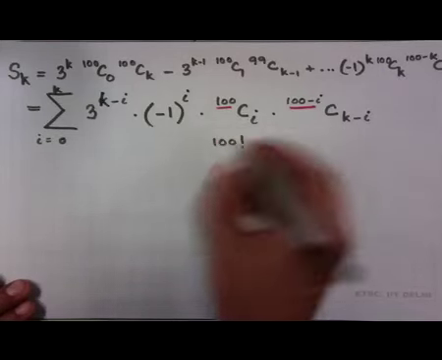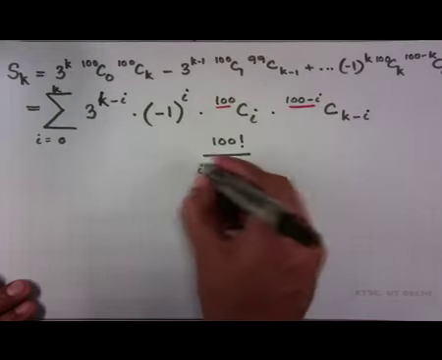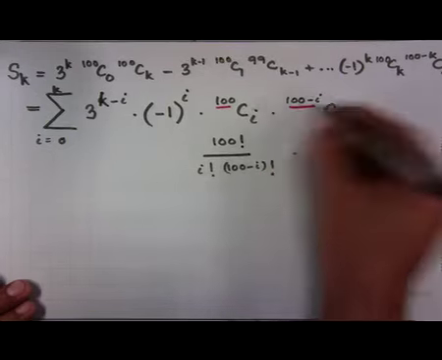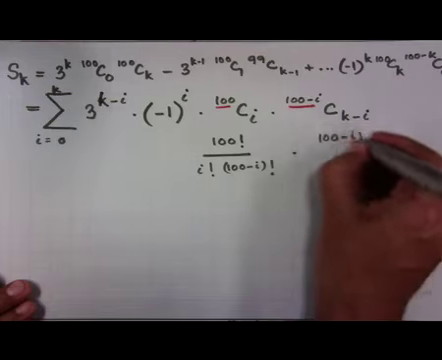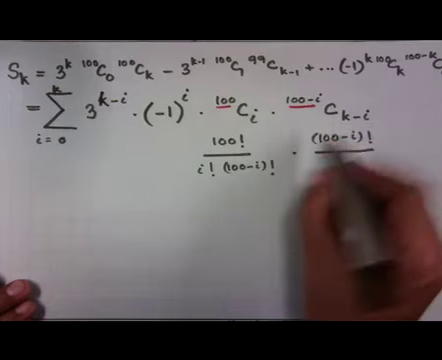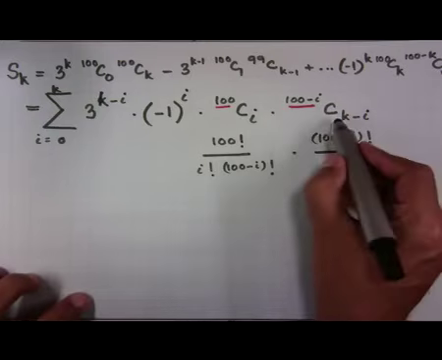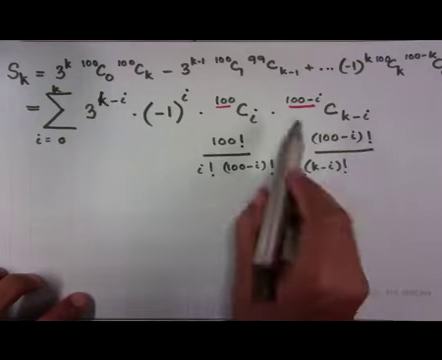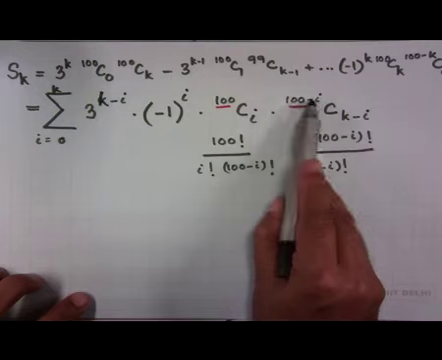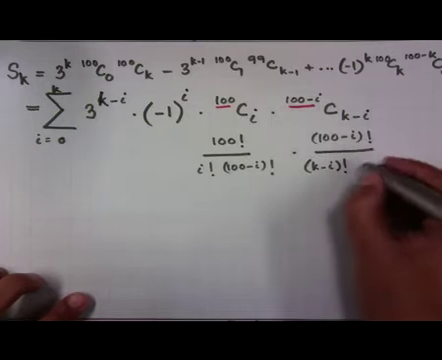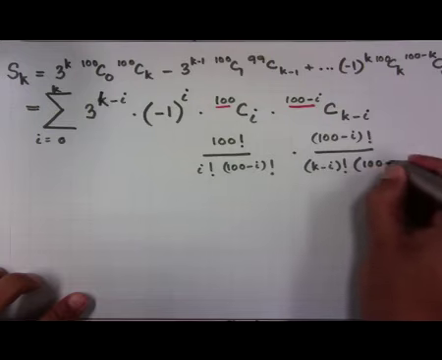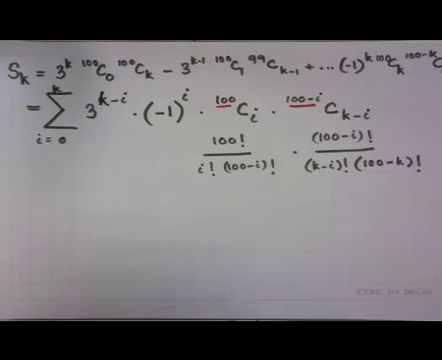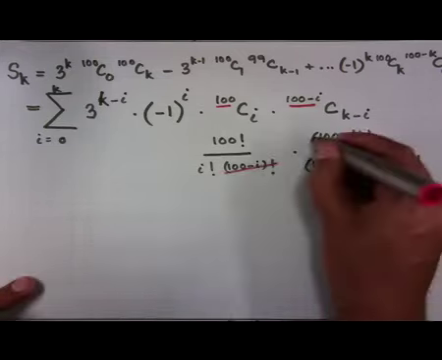100 C i is factorial 100 by factorial i times factorial 100 minus i, and C k minus i from 100 minus i is factorial 100 minus i divided by factorial k minus i times factorial 100 minus i minus k minus i. So, you get 100 minus k, and very nicely these two cancel out,